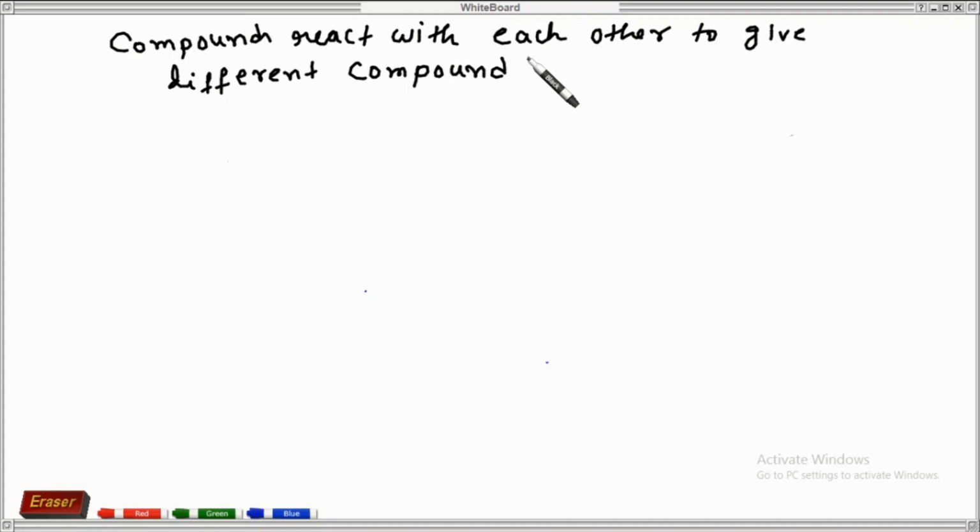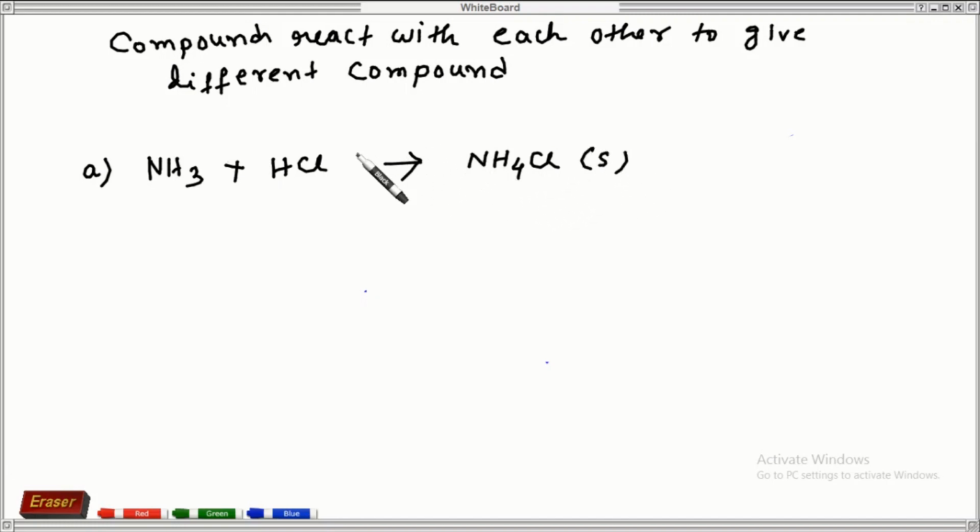Let's come to the example. Ammonia, NH3, reacts with what? HCl, and it gives what? NH4Cl. Now what it is? Ammonia reacts with hydrochloric acid, or you can say this is hydrogen chloride, another name, to give ammonium chloride. Now what is the state? State is, it is in solid state, HCl is in gaseous state, NH3 is in gaseous state, and this is